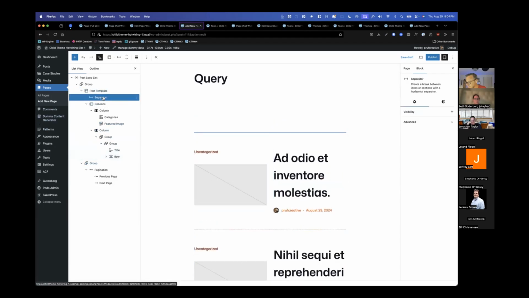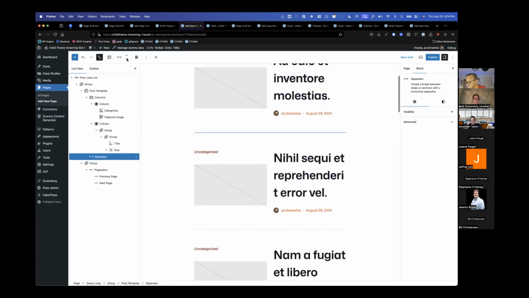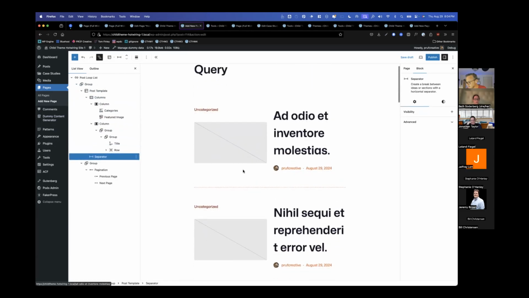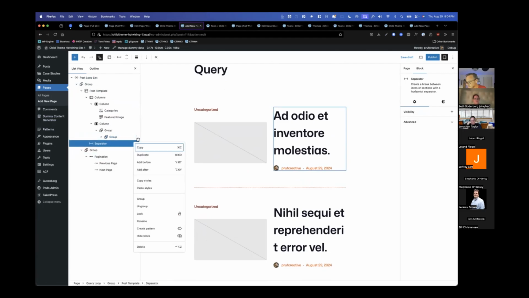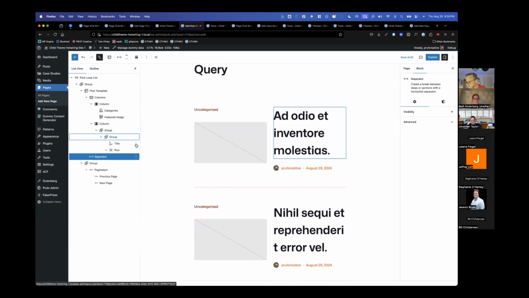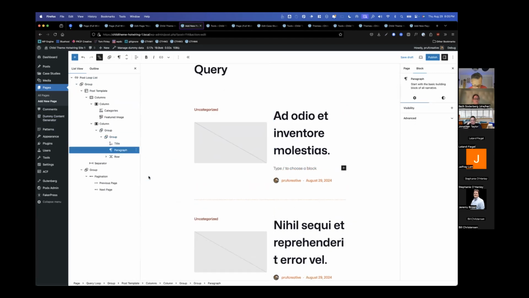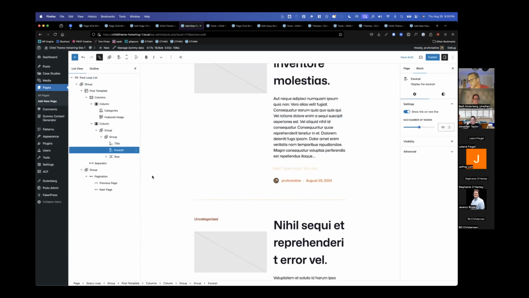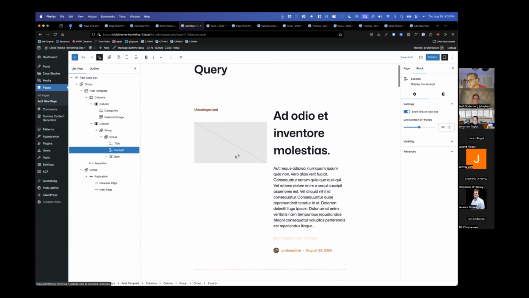It's a little quick and messy. But I think I need an excerpt. Yeah, an excerpt would be good. So I'm going to add the excerpt after my title. And that's composing a query block on the fly.